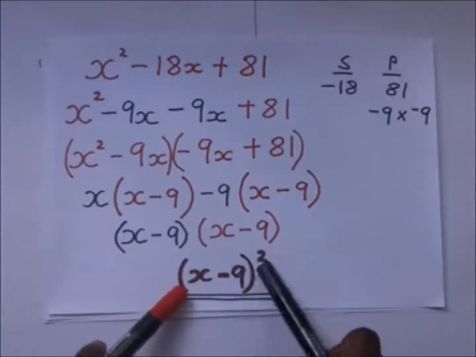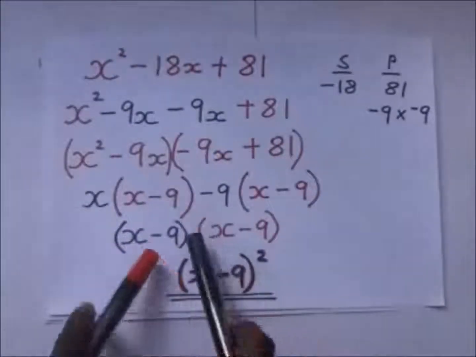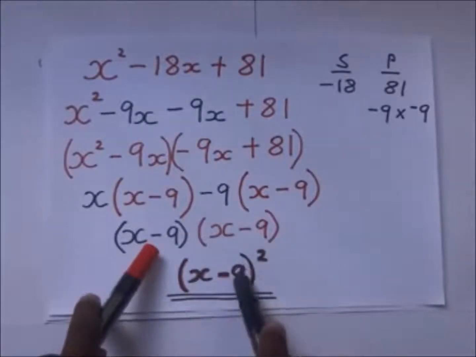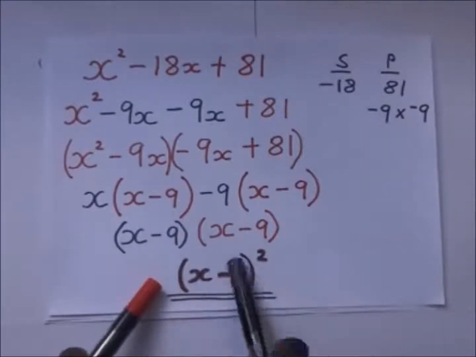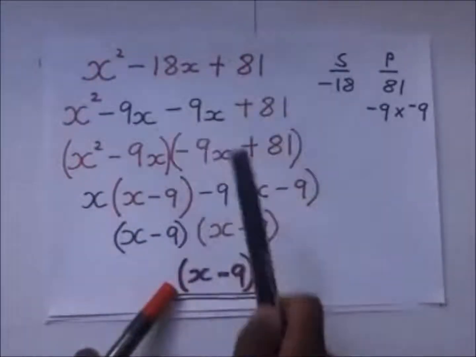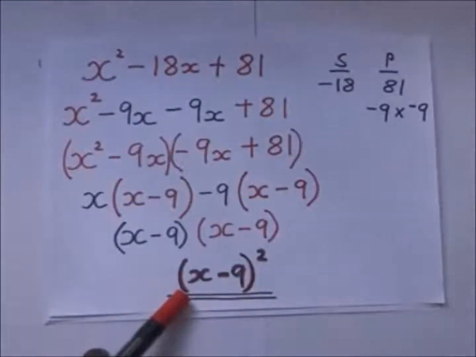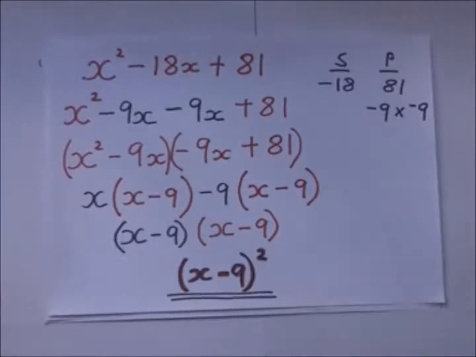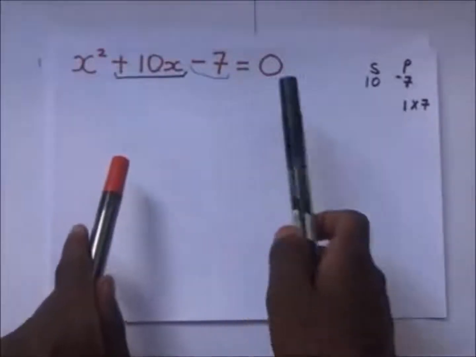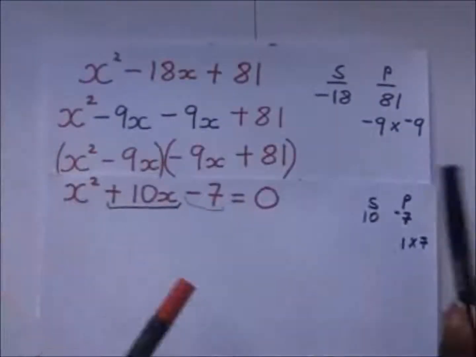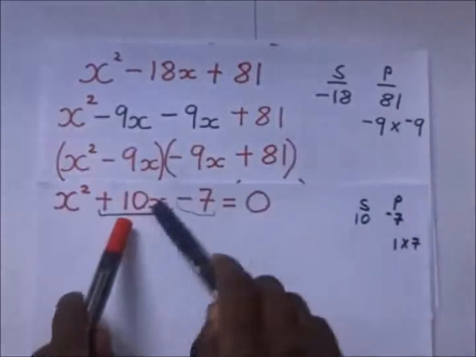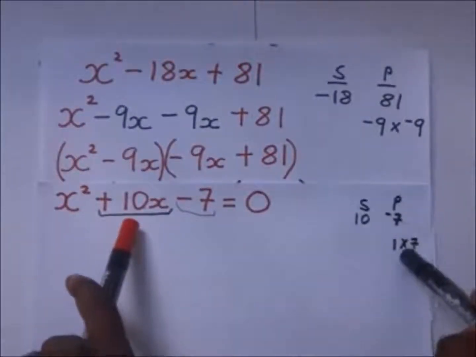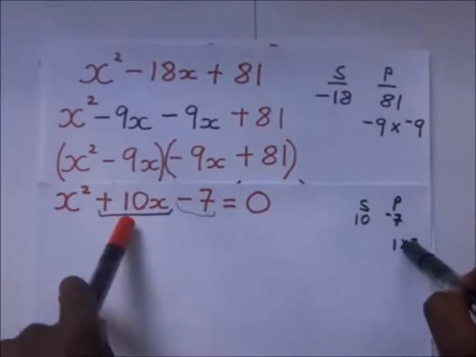So this quadratic equation has the same root, which is 9 and 9. Because we have x minus 9 squared as the factorized expression of this quadratic equation, it makes this quadratic equation a perfect square. So now, back to our earlier number. When you have a number like this, we are trying to look for two numbers that are supposed to displace this middle term, but we have failed to get them. When we fail to get them, then we do what we call